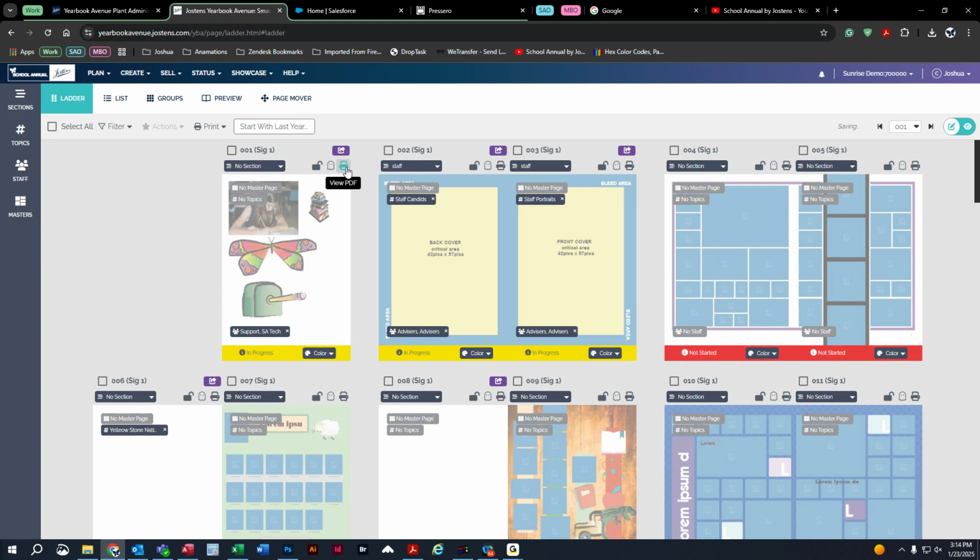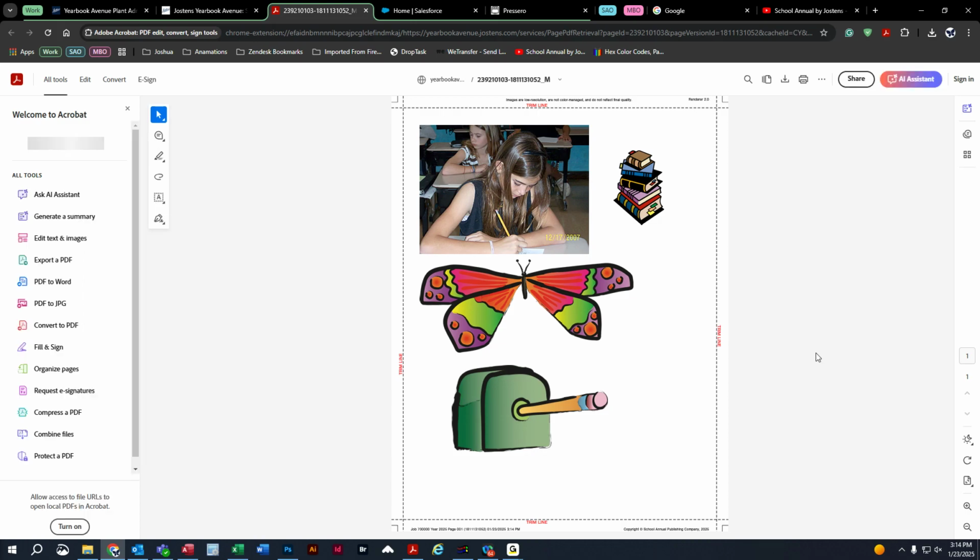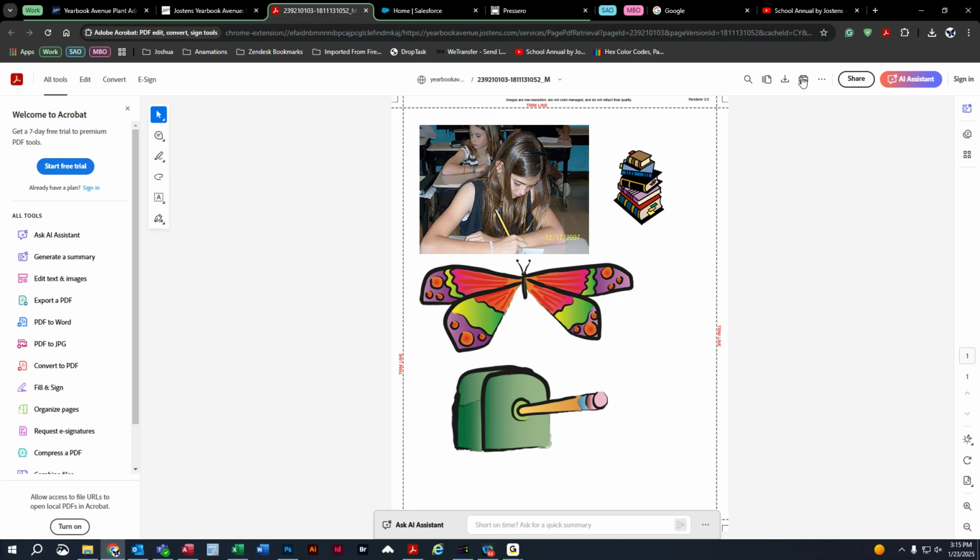This right here is the print button. So you can actually print individual pages, or you can come up here to print and then either print all or print the page ladder. Now, if you do decide to print a page to show somebody or to take a look at it in detail a little bit,